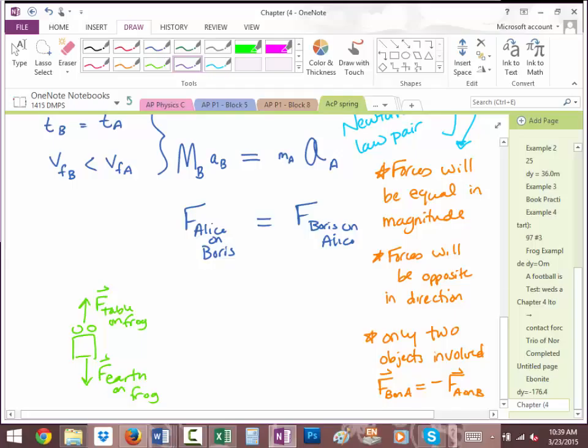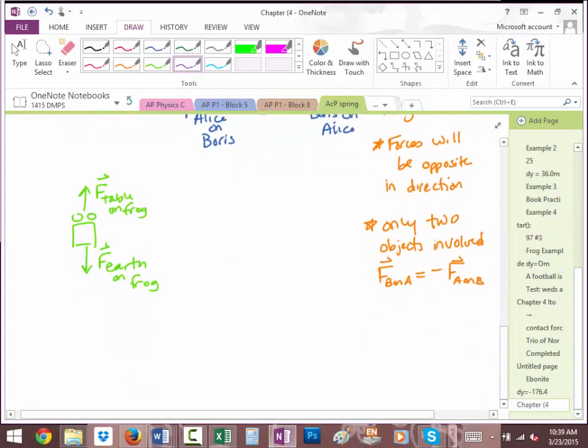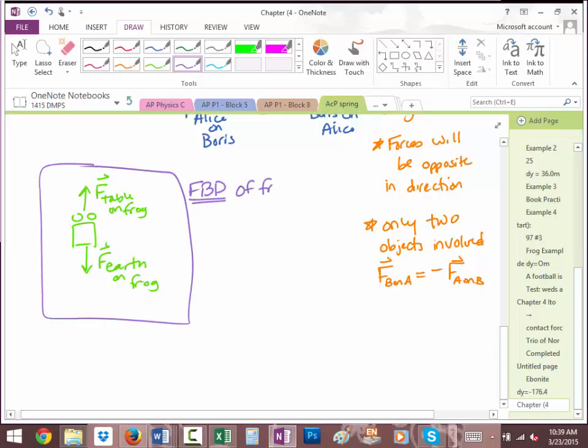Are these forces talking about only two objects? No. How many objects are listed here? Three objects. Are you with me there? Okay, this is a big deal. You may want to draw this picture again. I know you have it drawn in your notes a million times, but the thing to point out about this picture, it's important. This is a really nice free body diagram of the frog,